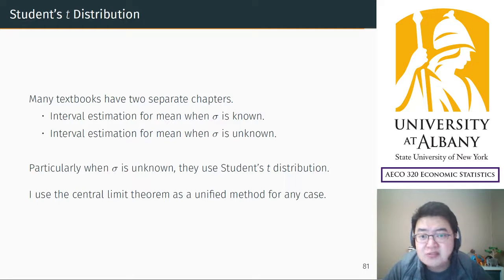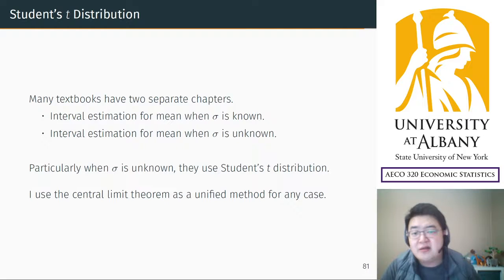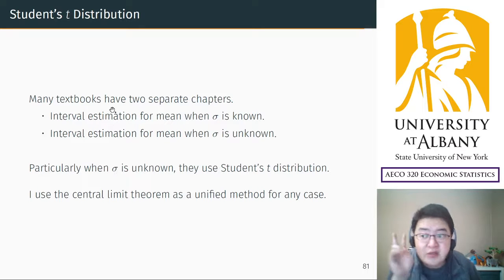So in the textbooks, there are two different chapters. Usually, well, the name could be different, but the main idea is they consider two different cases: when sigma is known and when sigma is unknown. And in the textbooks, they use different methods, and basically they use students' t distribution, which I do not use. Especially when sigma is unknown, they introduce students' t distribution and they